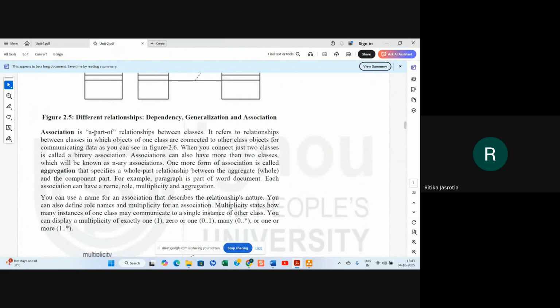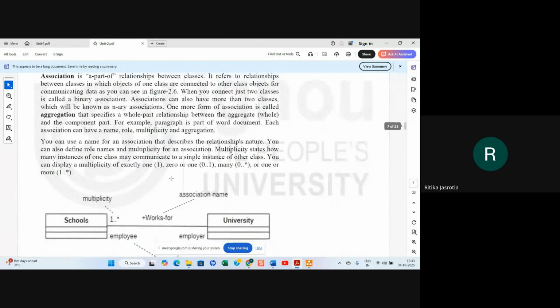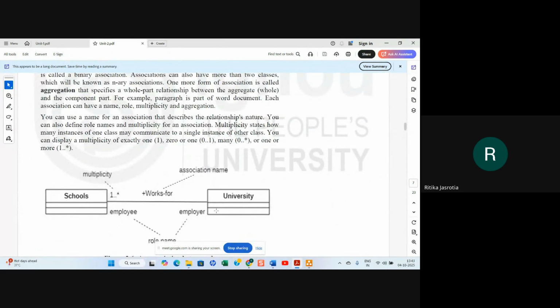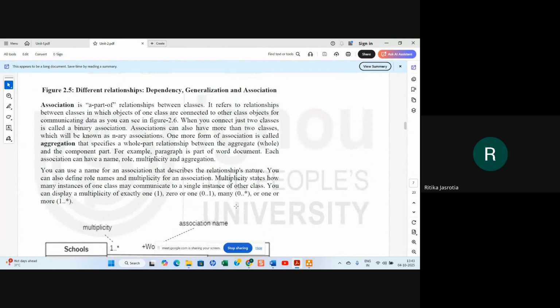Then association is a part of relationship between classes. It refers to the relationship between classes in which objects of one class are connected to the other class objects for communicating data, right? Like here, school and university. When you connect just two classes it is called a binary association, and association can also have more than 2 classes, which will be known as n-ary associations.